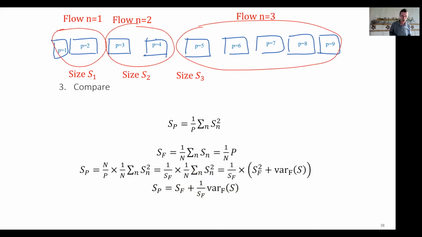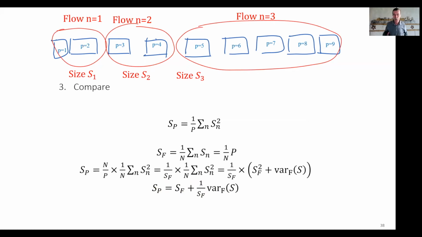Again, we find a special case where if all flows have exactly the same size, not a very exciting case, but if that happens, the variance is 0 here, and the two answers will be the same. The answer you get from both viewpoints is the flow size, which is the same for all flows, so there's only one answer. But in all other cases, we found that S_P is larger than S_F, because the variance is always non-negative. So there is a systematic sampling bias, which, based on the discussion we had at the quiz, is not surprising.